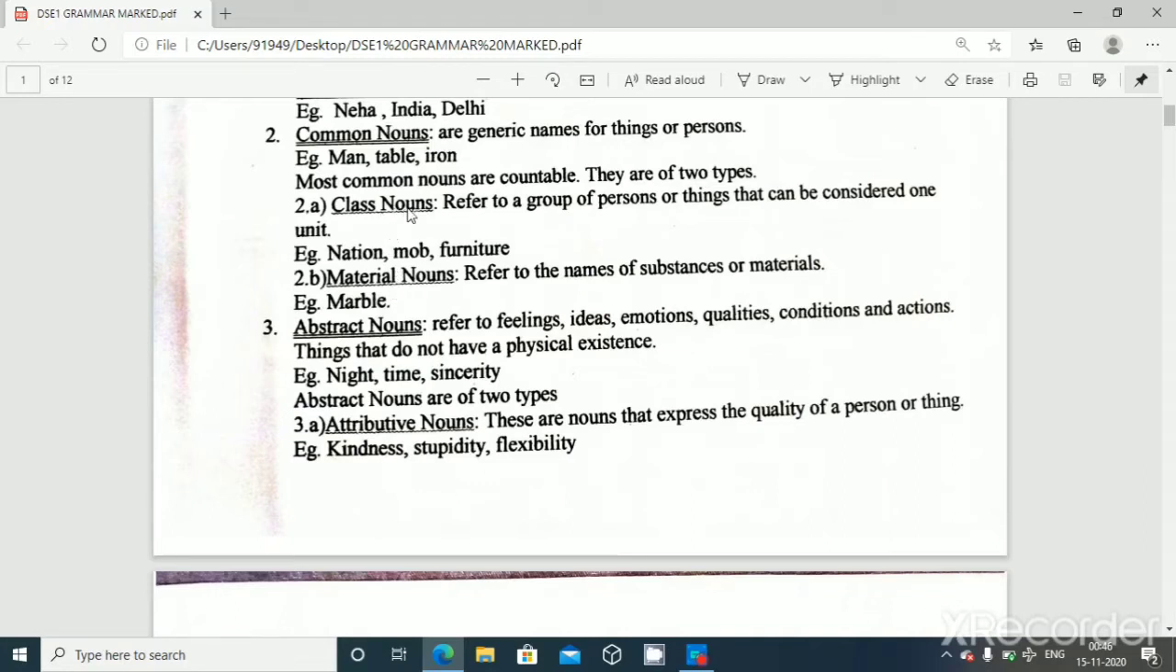Class nouns. So class noun, please see the definition, refer to a group of persons or things that can be considered one unit. But this unit, the idea of a unit, that is group of persons or things that can be considered one unit. That's what is discussed here. Nation. Just think about a nation. Of course it has a group of people, group of persons living,